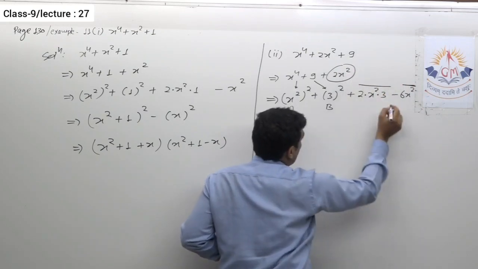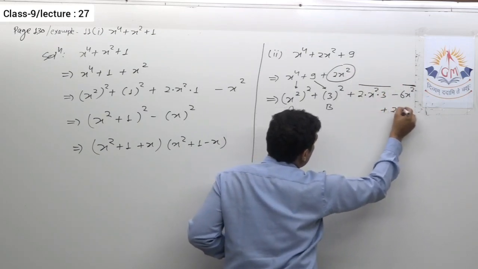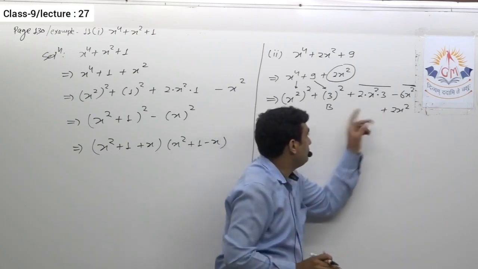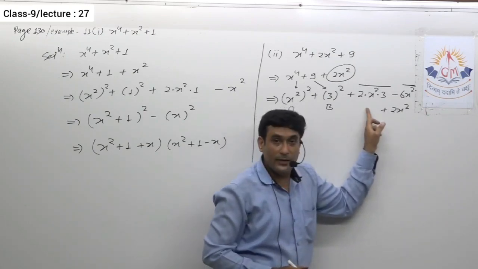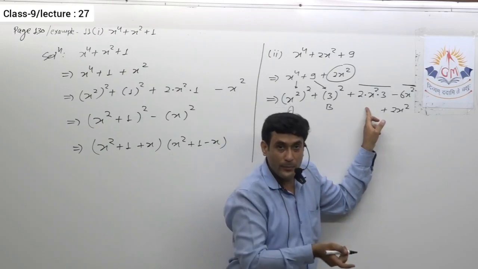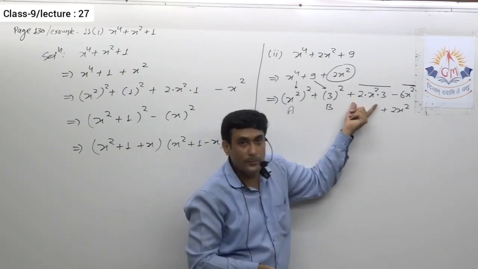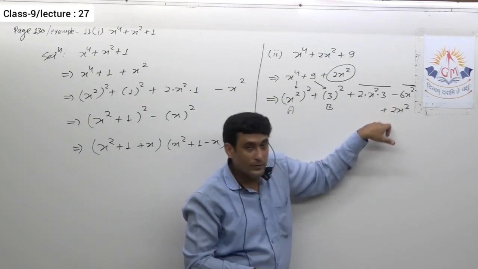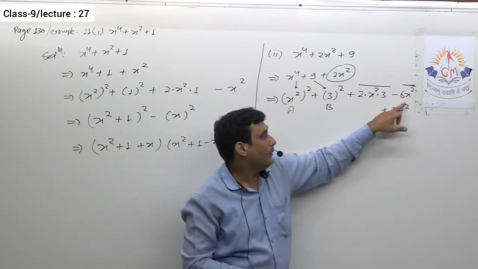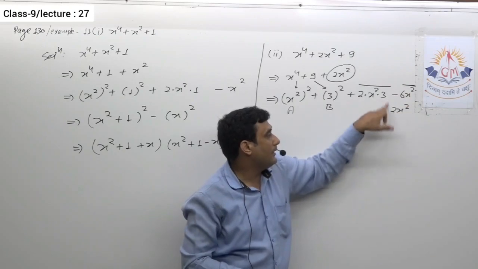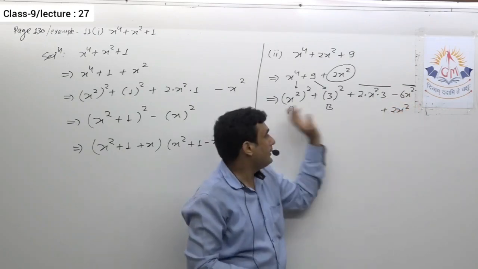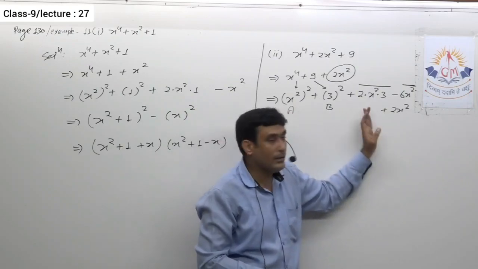This 2x square is still left. Now if I write this 2x square over here, these three terms definitely are going to give you the identity of a plus b whole square. Why? Because I wrote that term in such a way so that I'll get an identity. Now the addition of these, or in some cases the subtraction of these, or simply I'll say the resultant of these two, must be a complete square. If it is a complete square, then definitely I'll say that I am in the right direction.